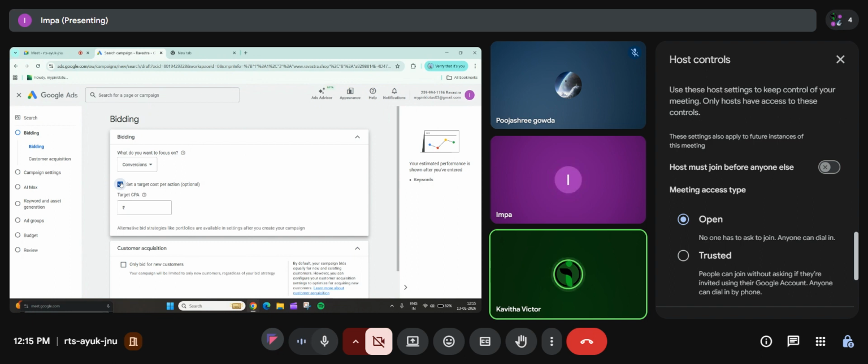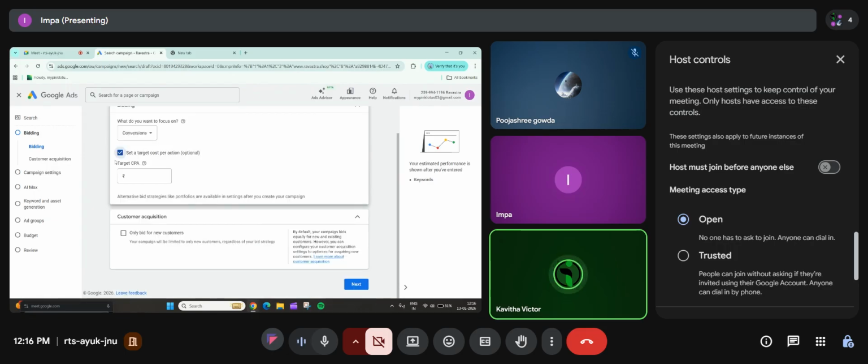10 to 15 keywords and you will calculate it, adding all the things and dividing by 10. You will get the result. You will add that amount here, which means you're bidding to Google. You're telling Google, I can pay for one conversion only this amount. I'm going to pay, but it does not mean that exactly it will happen. It may vary. Minimum amount can also be added, or else maximum can also be added. So this is advanced level.